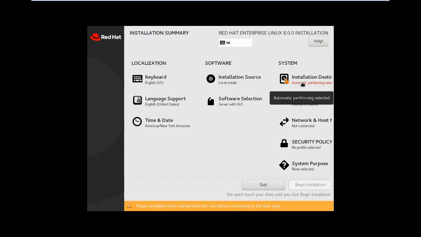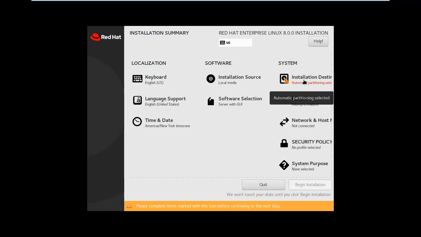But while installing the operating system, we are going to install with standard partition mode first. If you understand LVM, then you can understand how to install Linux with LVM. So after the LVM concept, I will show you how to install Linux with LVM partitions. First, initially, you have to install Linux with manual partitions.